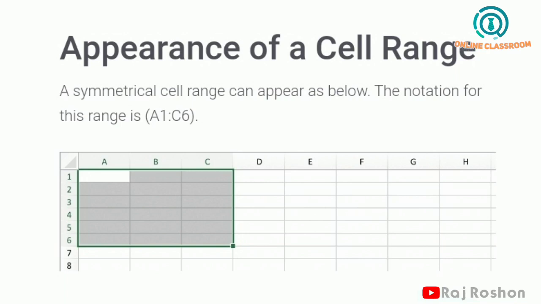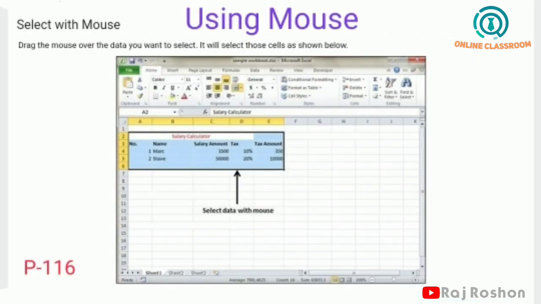So this is the cell range. To select the cell range, you can use the mouse. Page number 116 in your book tells how you can select the cell range. Here I have shown one range of selection. You can just click there and drag. You will understand.